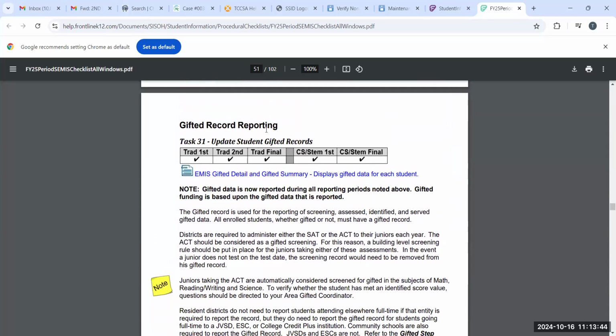Task 31, gifted record reporting. Okay, this is just basically going over your gifted data, making sure that that is reported for the reporting period. Okay, gifted funding is based on this data. So you guys just want to make sure that this data is updated and accurate, or basically current. I know that there's been some issues with gifted data in the past in terms of it not being reported. You want to make sure that this information is in because that goes towards your district